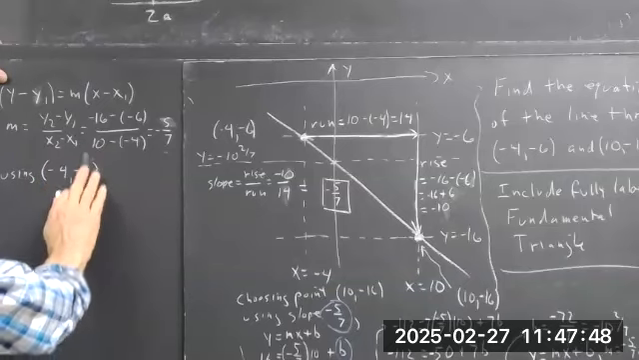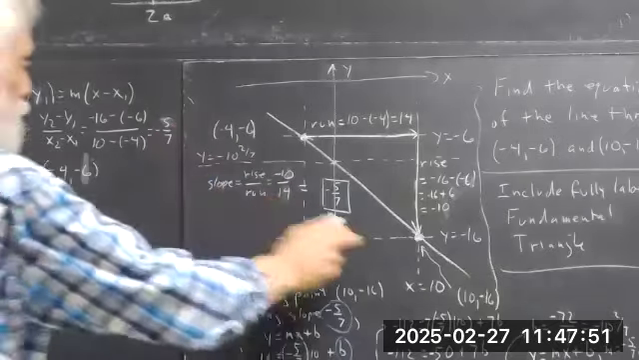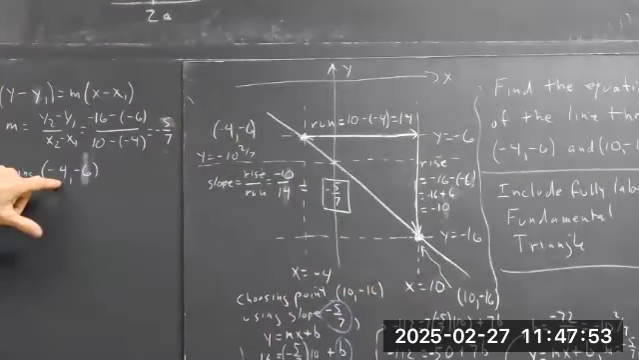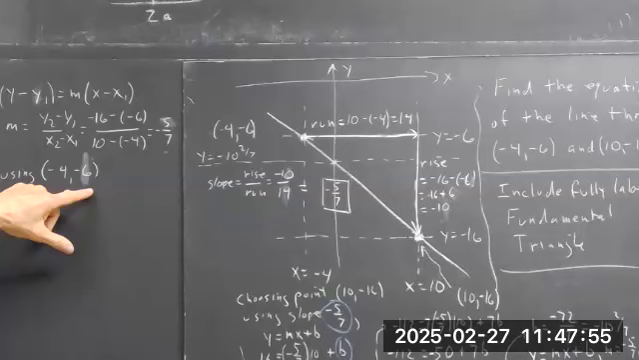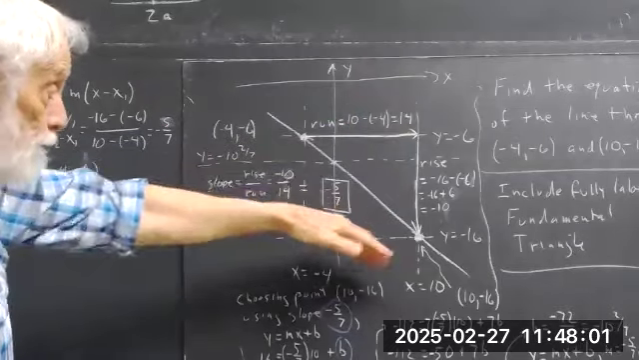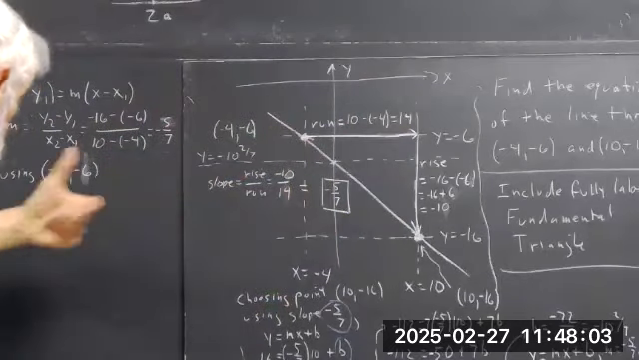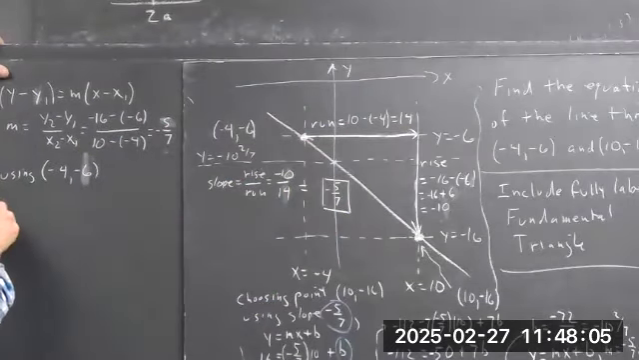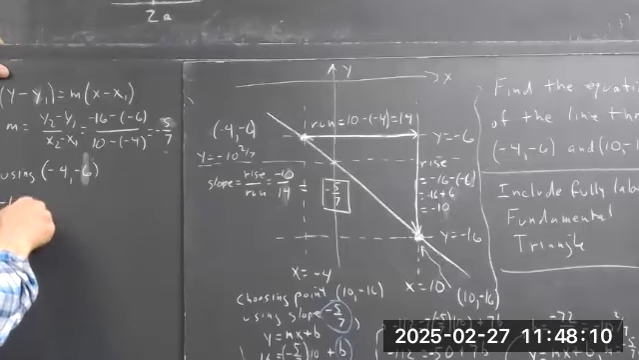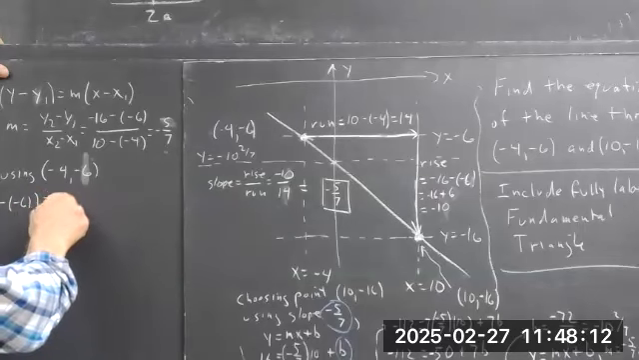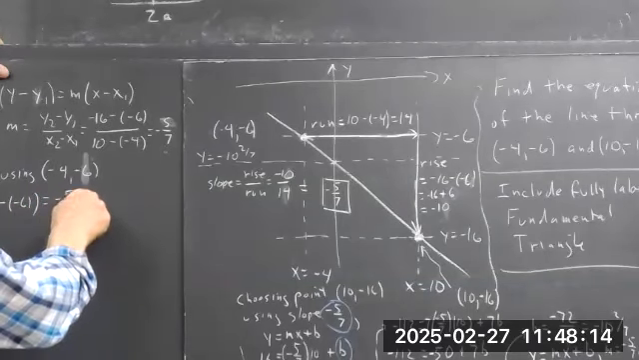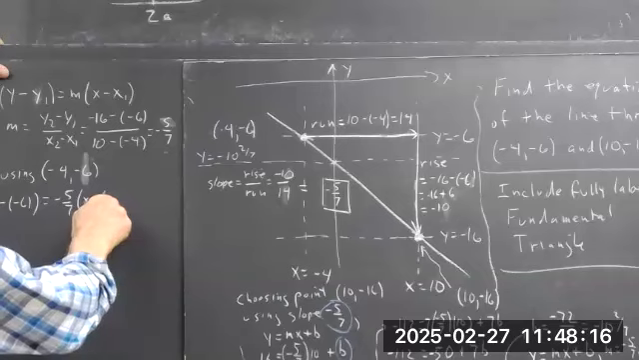Then just to show you it comes out the same no matter which point you use, I'm going to choose the point -4, -6. All you need is one point and a slope. You've got 2 points, so you get the slope, but then you only need one of the points to get the equation. So you get y minus -6 equals -5/7 times x minus